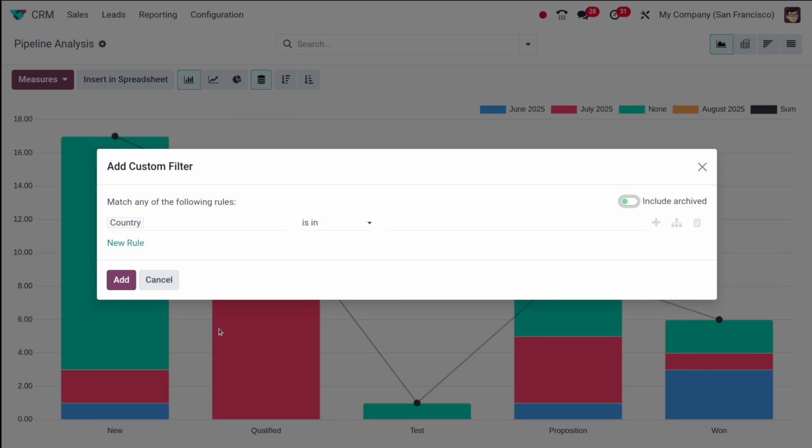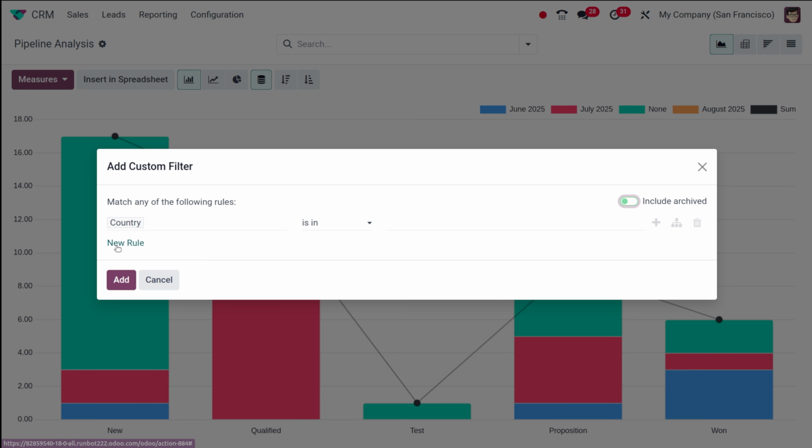So you have to make sure you match all of the following rules is selected at the top. Okay. And before adding any rules, look at the top of this pop-up and you must select match all of the following. So here you have match any of the following. You have to make sure that is changed.